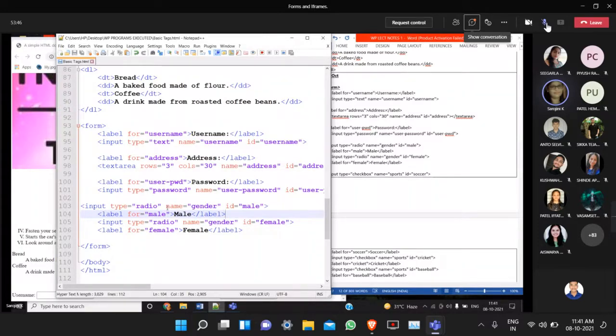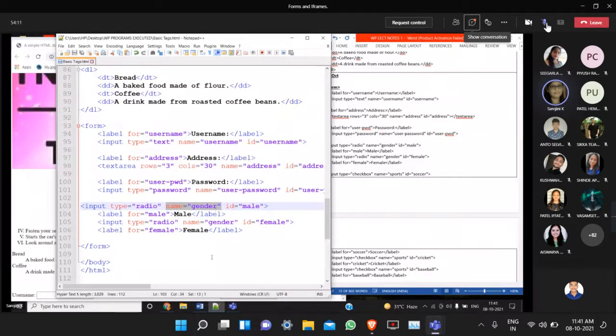Each and every set of radio buttons should be uniquely identified, so you are using name equal to gender. Even if you did not write this properly, whatever you want will be displayed. What is the use of this? To embed later with PHP and JavaScript.